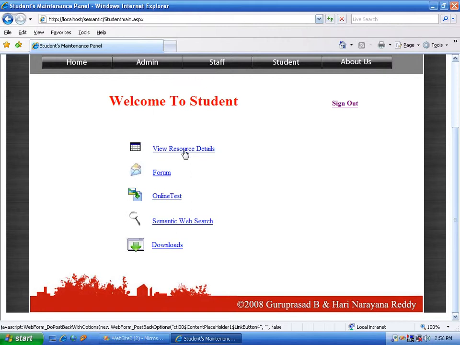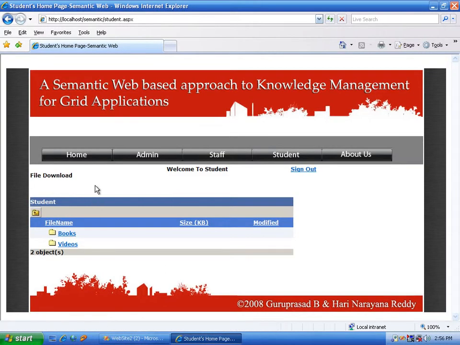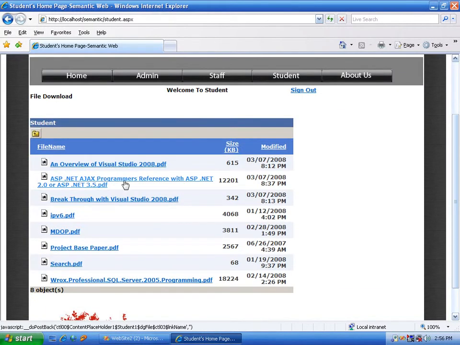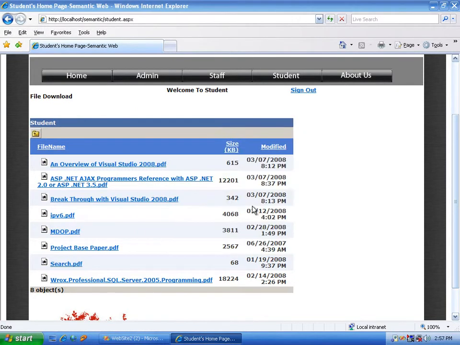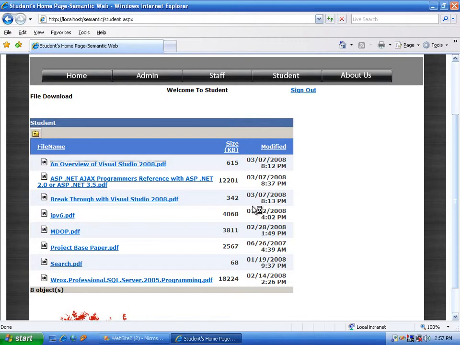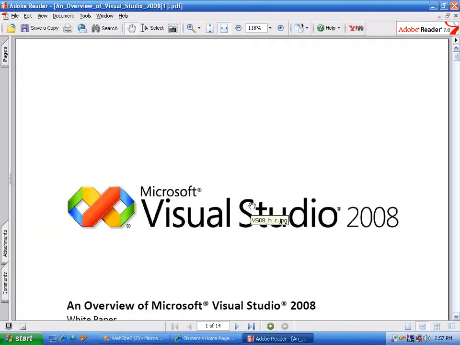Let's see what's there in resource details. Oh, it's an added feature. Here, the student cannot upload or download any books or videos, but he can view the books or videos given here. Say, here are about 8 books uploaded here. If the user wishes to open this file called Overview of Visual Studio 2008, just command prompted open. Either he can open or save the document to his desktop